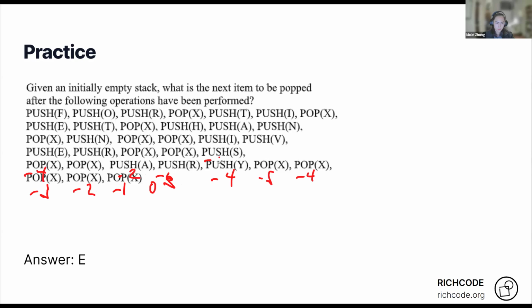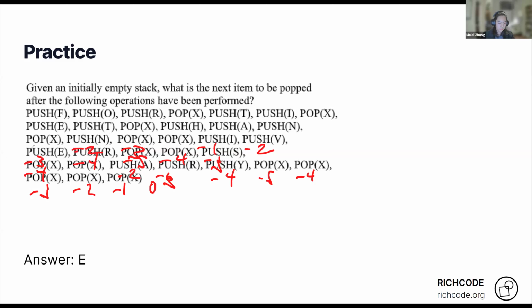We push, so -3, -4, -5, push, so -4, -3, -2, -1, but we pop 2 more times, so we go back to -3,